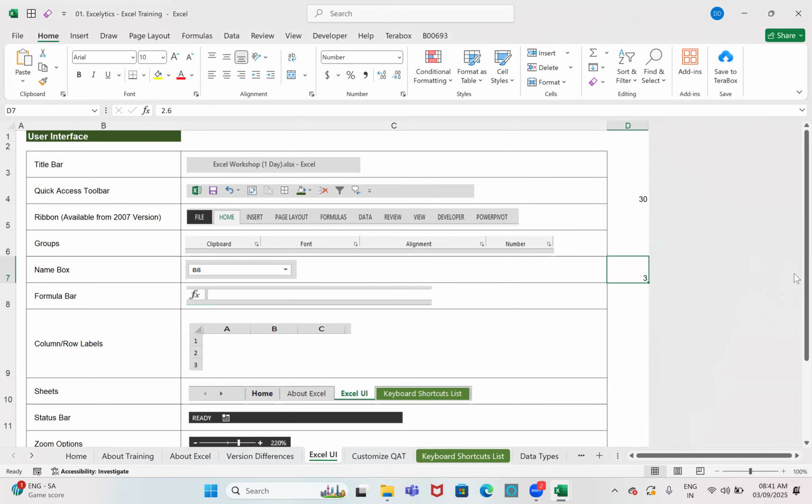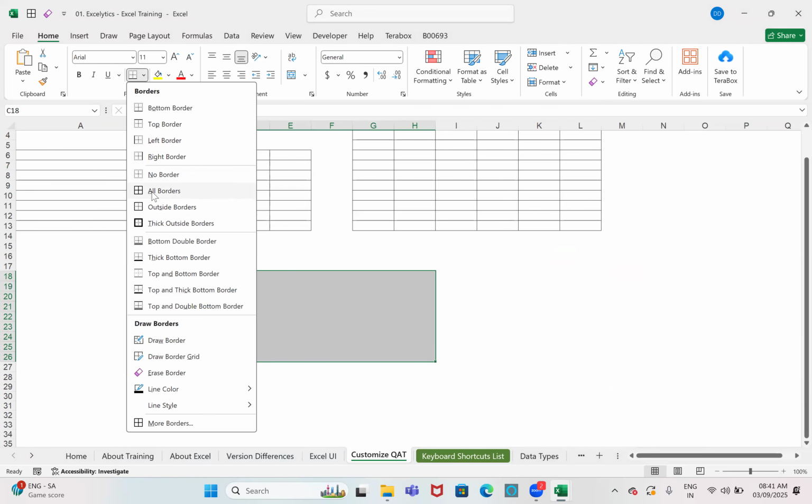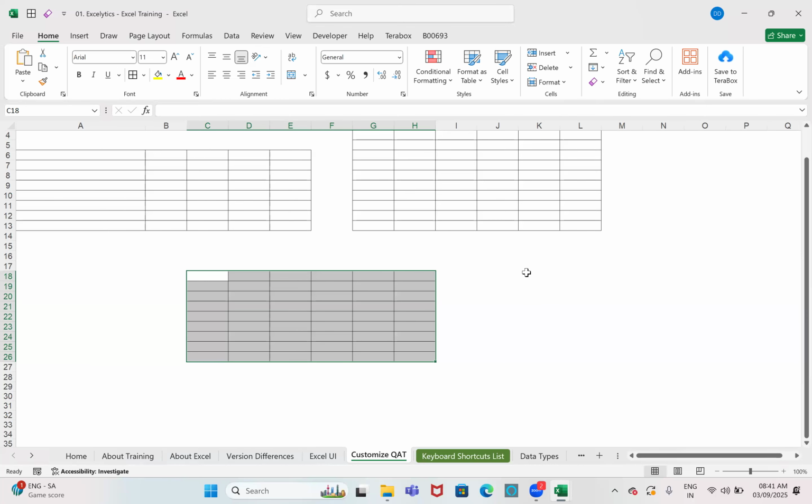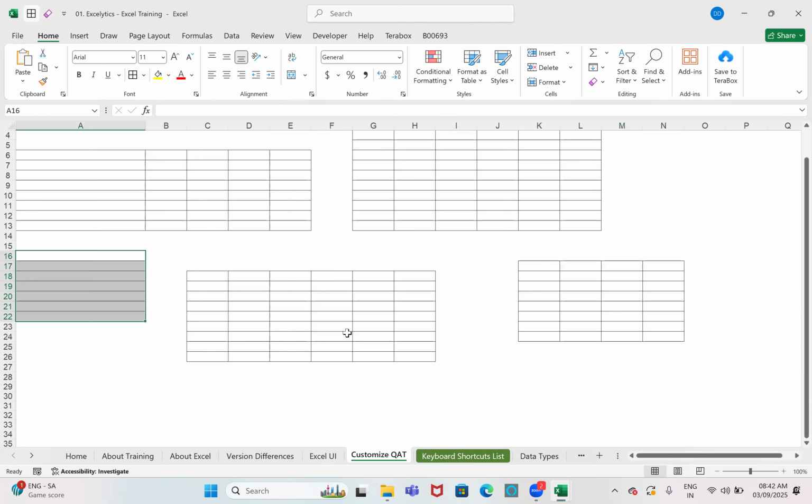And finally, quick access toolbar. See, I want to apply a border. Then what do you have to do? Which border? All borders. You have to go to borders, and here you have to choose the all borders option. But I already added all borders in the quick access toolbar. What is the quick access toolbar? Just like a shortcut.